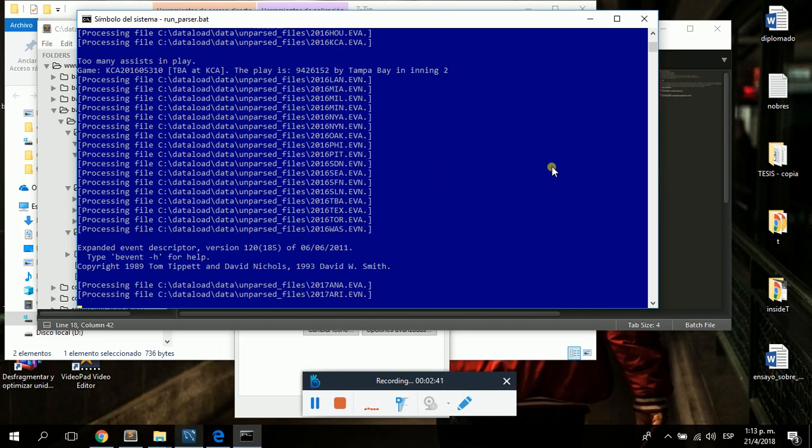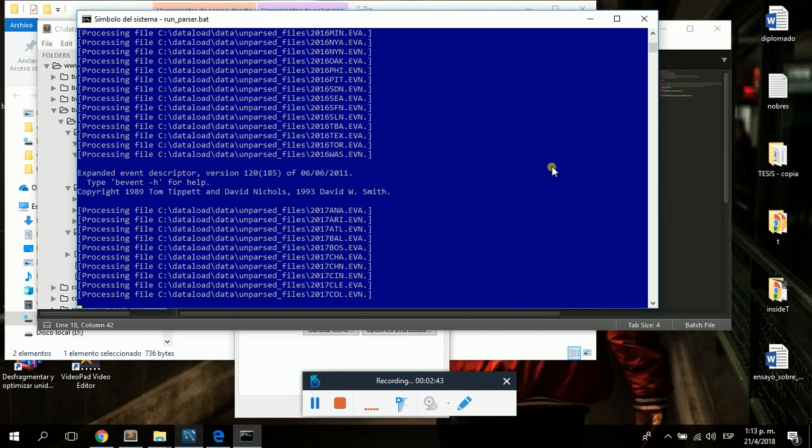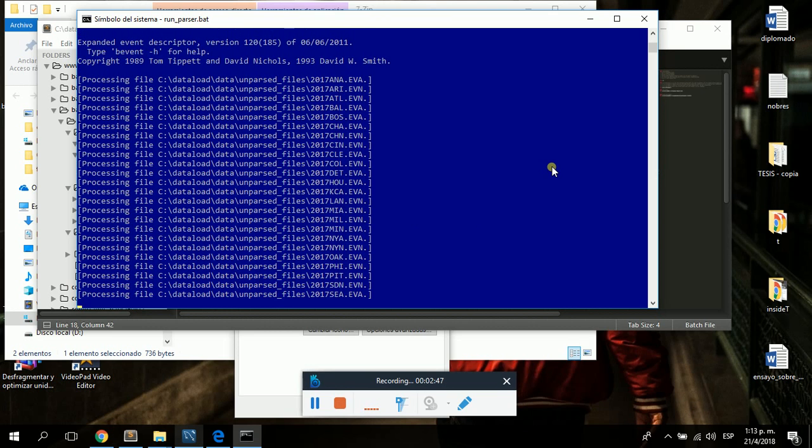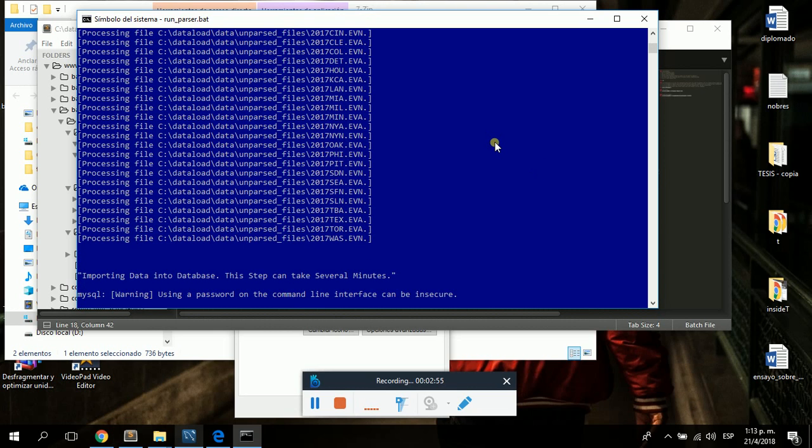Processing is where the tool takes all the files and makes a new file which is easier for the database to read. After that, the tool is going to load all these events inside our database. This can take several minutes, taking into account if we have